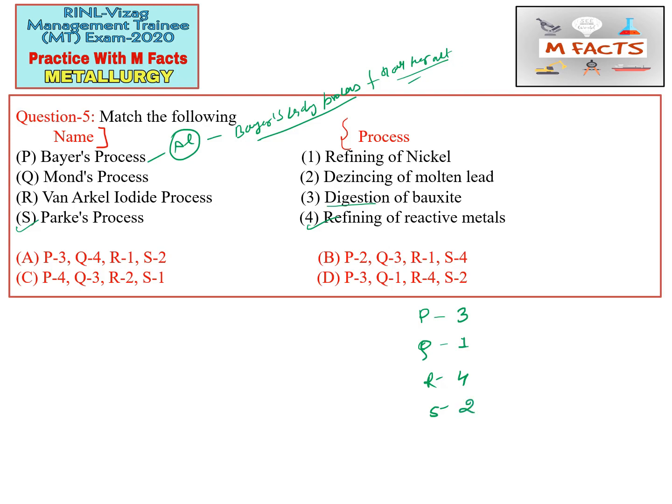Okay, so the code is 3142. So the options which start with something other than 3, we can cross out. So B is wrong, C is wrong. Now we will check option A. So there Q is 4, but we have Q as 1. Okay, so this is also wrong. So the correct answer for this question is D part. So D is correct. So this is the way of doing a matching type of question. Okay, so I hope you understood this question.